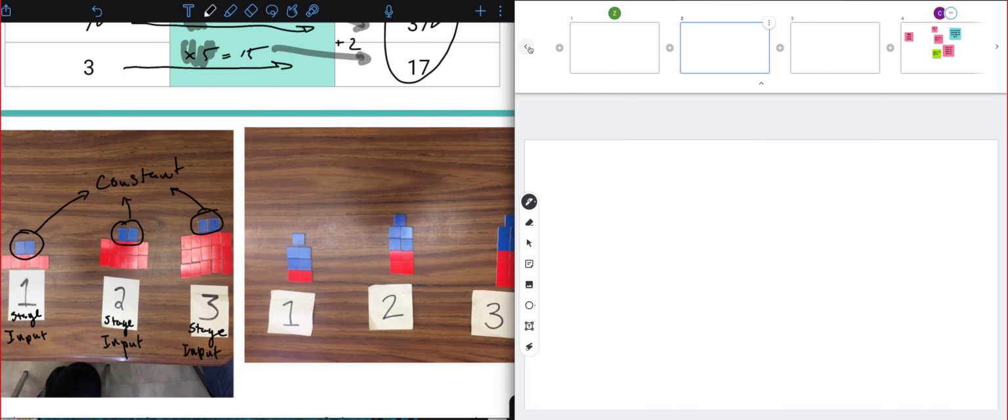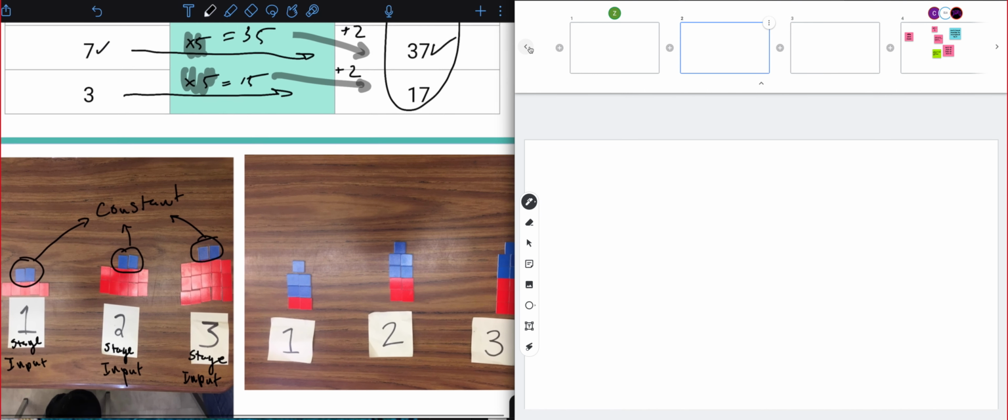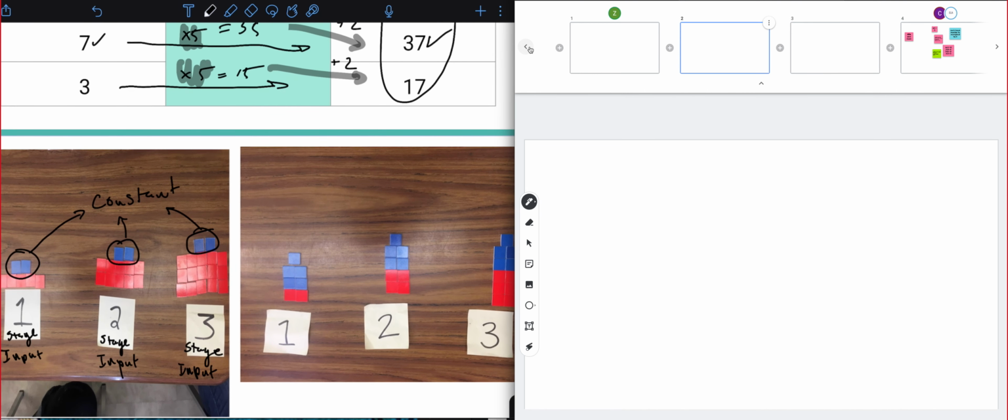Okay, and your question has to be, well, how do I get the output? Well, the output, remember we said, was the number of tiles, right? The number of something, right? And so we're looking at the fact that we need to take our input, multiply it by something, and then add something else, right? Well, the something else we add is always this constant. So we know we're always going to add the 2. And then you ask yourself, okay, well,